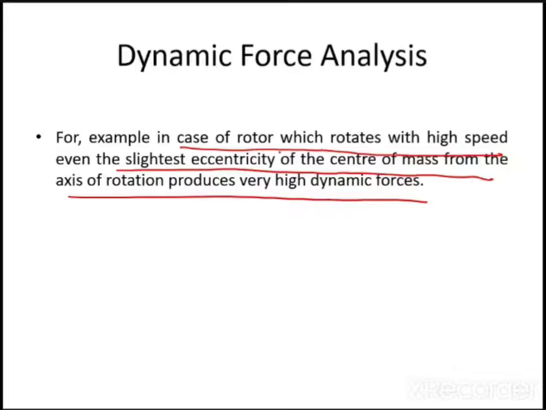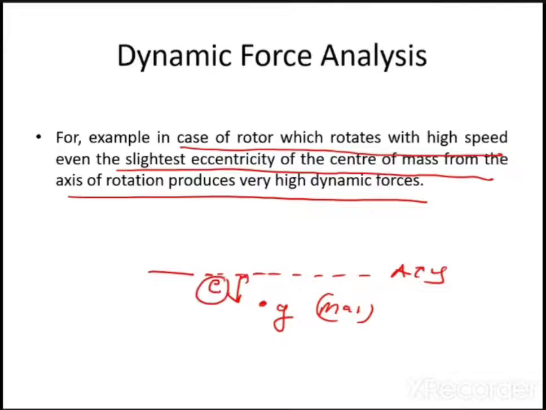In case of a rotor which rotates with a high speed, even the slightest eccentricity of the center of mass from the axis of rotation produces problems. Means what? Let us say this is the axis of rotation, and this is the CG of this mass. Now you can see that there is an eccentric distance E between the axis of rotation and the CG of mass. Some eccentricity will always remain, but you have to try to